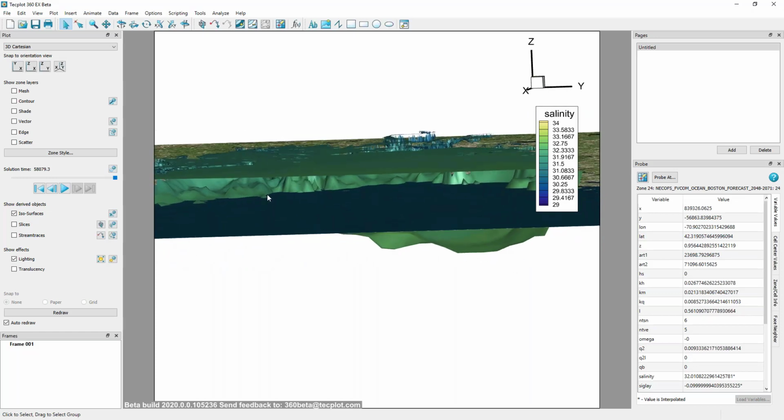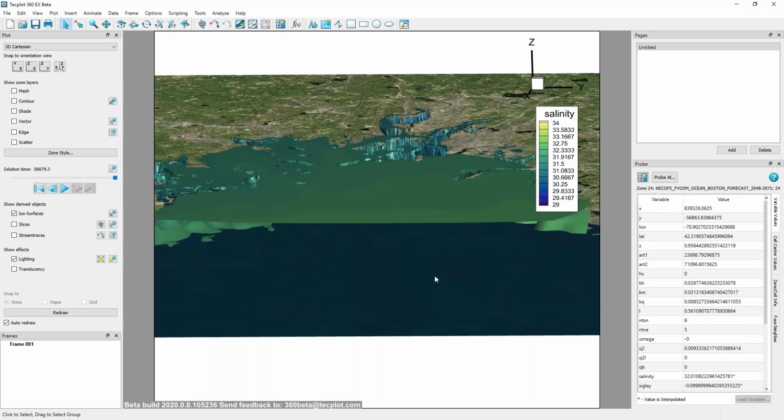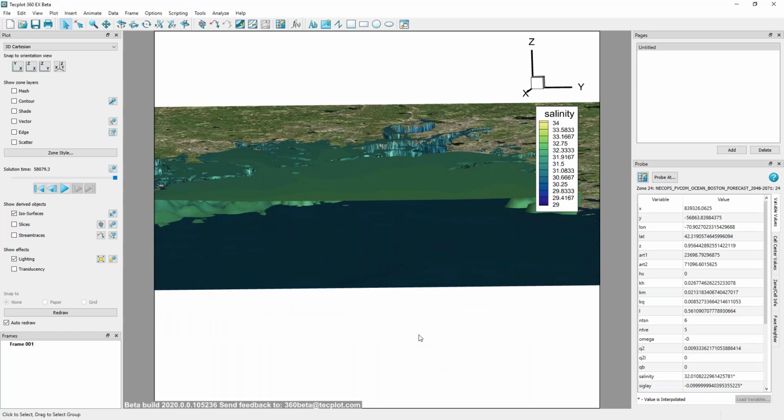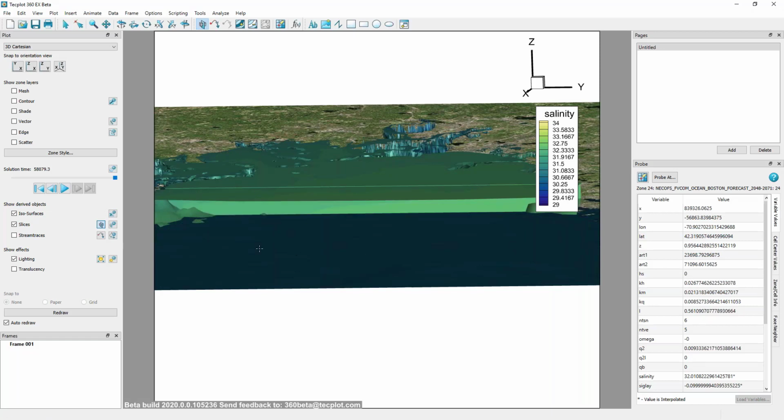All right, so as I'm adjusting this, the next thing I want to do is show the slice tool to give even more information about what's happening in the fluid volume. To use slices, I can select the slice placement tool next to the toggle. My cursor changes to a crosshair, and if I click here, we get a slice drawn through the fluid volume,